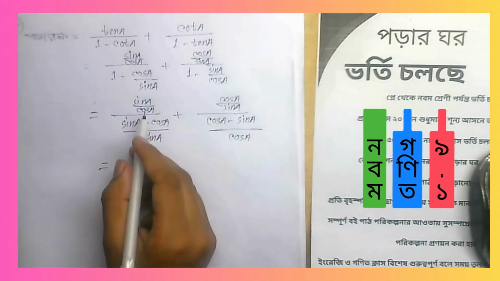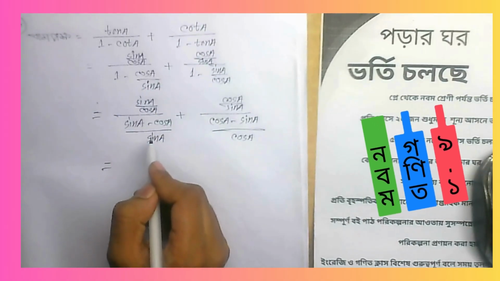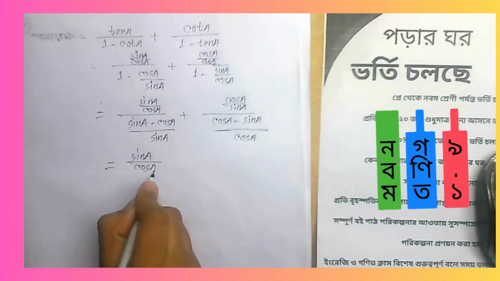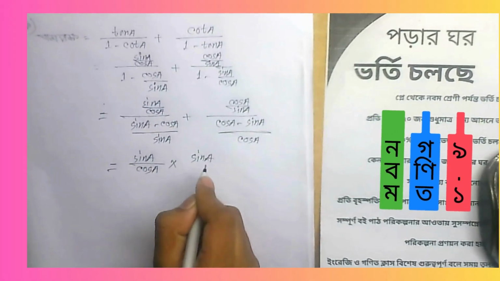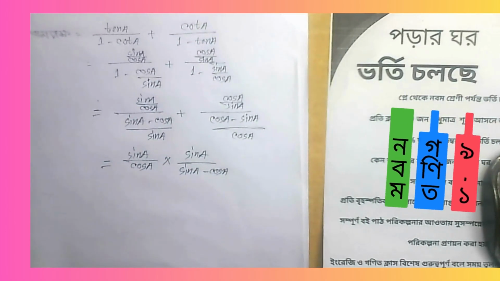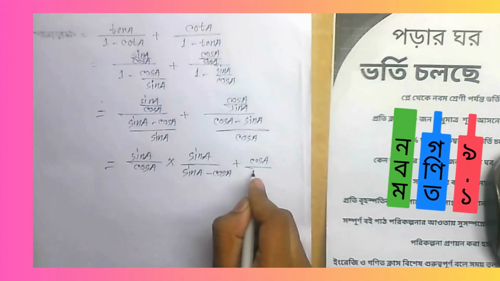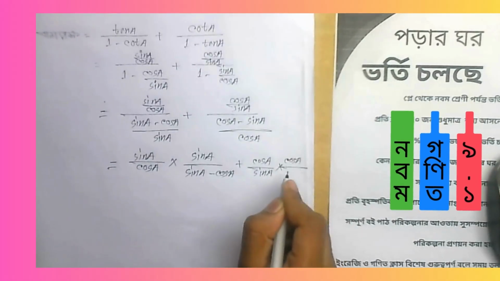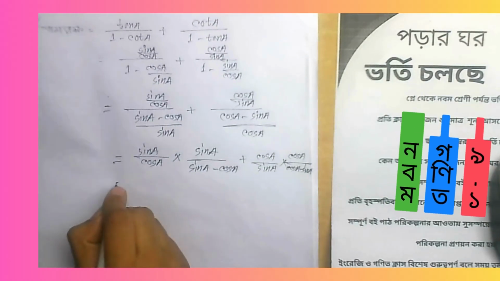equal to দেখো এখানে ভাগ মানে sin a by cos a by sin a minus cos a by sin a, ভাগ রয়েছে, আমরা গুণ করব। তো গুণ করে দেখো sin a by cos a into, গুণ হবে তাই sin a উপরে আসবে মানে উল্টে যাবে এবং sin a minus cos a নিচে আসবে, প্লাস এটাও সেম হবে cos a by sin a into cos a by cos a minus sin a, equal to